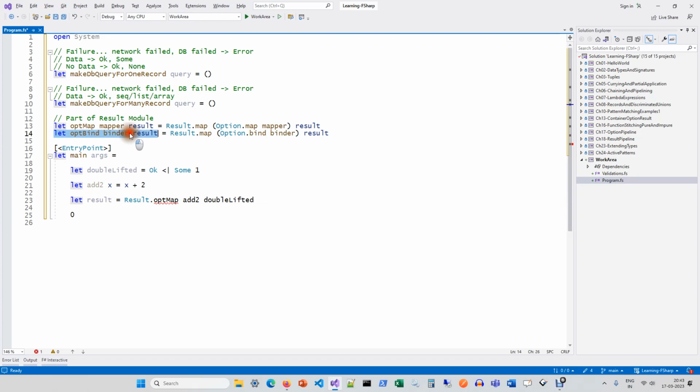Now I quickly cover what I have done here. So just like optmap, I have created an optbind function, which takes a binder at real level, which is a function which will take real data and produce elevated data. In this case, this binder should take real data and produce an option. Now, the reason I am using map in both the cases is because from the result container perspective, these are all mapping functions. In this case, this is producing an option of int, and in this case, this is also producing